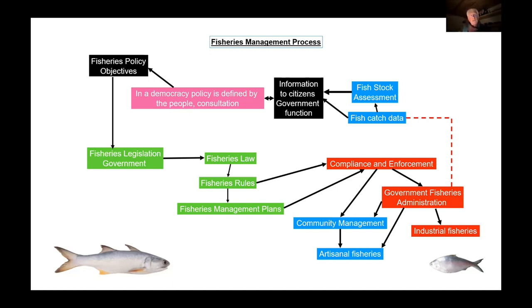So having decided the fisheries law, created the rules and set up the management plans, these are then enforced through a compliance and enforcement system run in Bangladesh by the Department of Fisheries. This is in cooperation with the fishing communities under the co-management structure, who manage the artisanal fisheries, and the industrial sector is managed directly by the Government Fisheries Administration. The Government Fisheries Administration collects all the data on the activities of artisanal and industrial fisheries. That data is then analysed, and as that analysis continues, fresh decisions are taken about policy if they are needed.